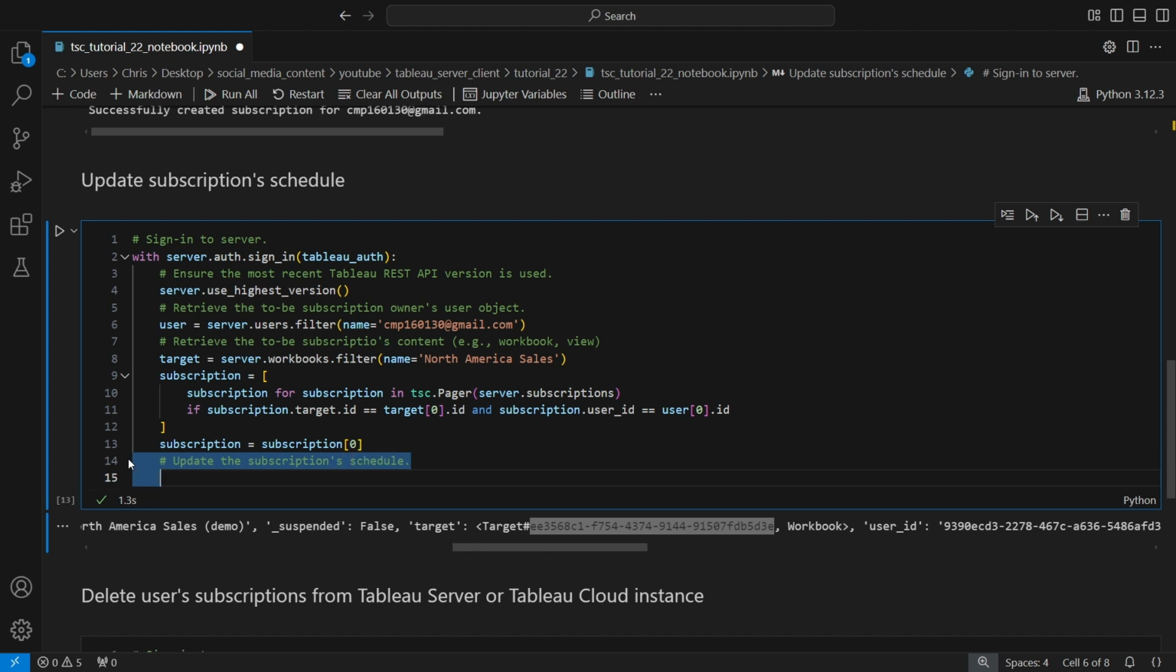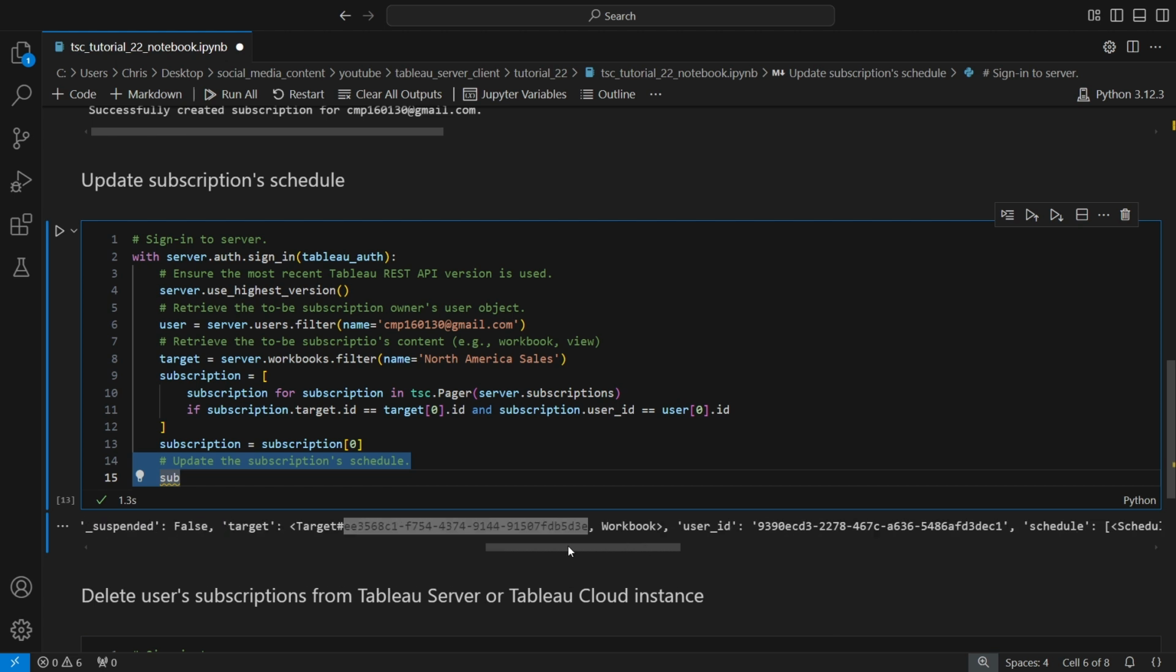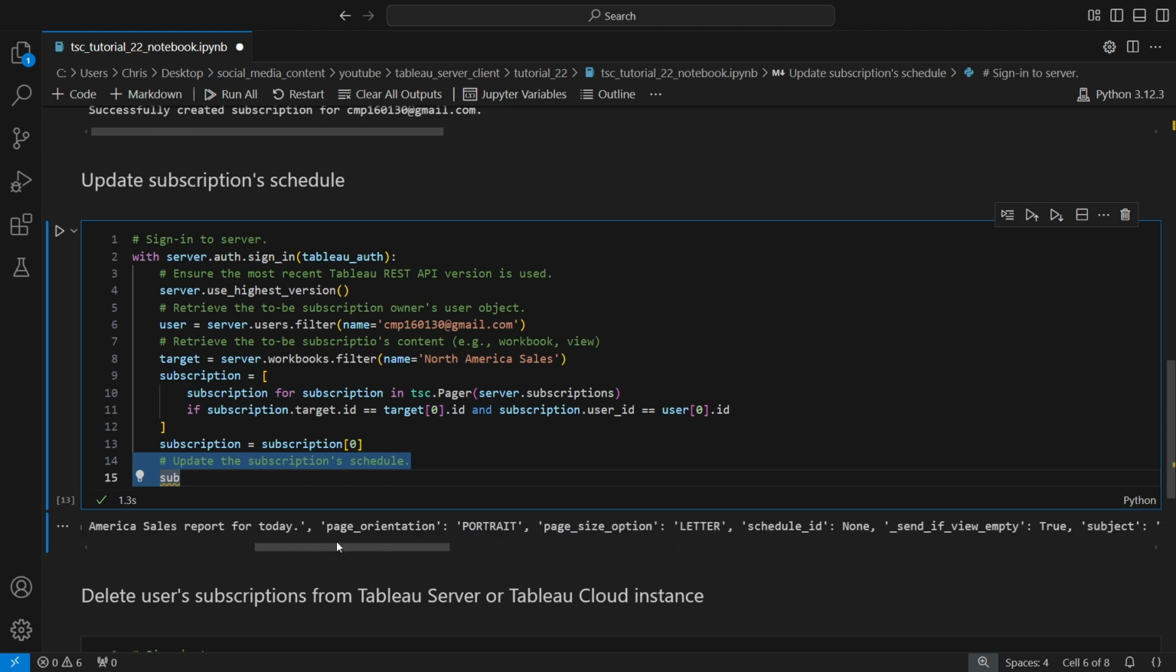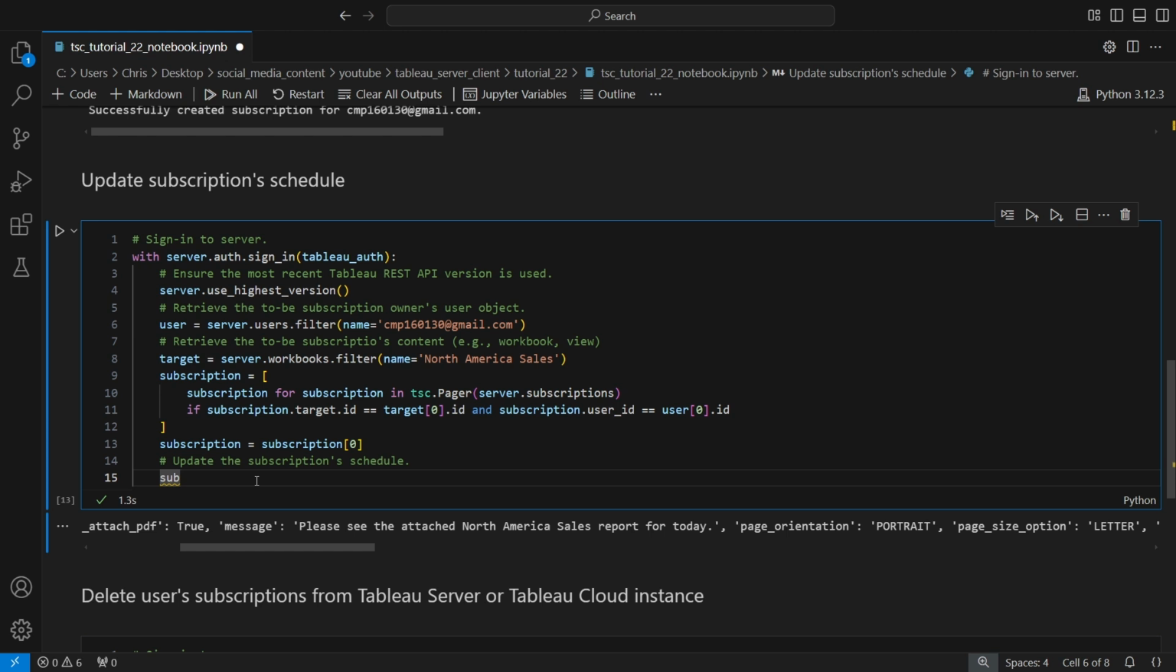And what we're going to do is just modify the schedule ID attribute. So where is the schedule ID attribute? It's None currently. Okay. What we're going to do to update this is modify it in place. So I'm going to say subscription.schedule_id is equal to, and what I'm going to do is paste in, again, this is a limitation